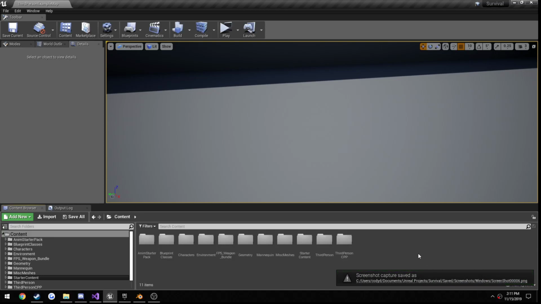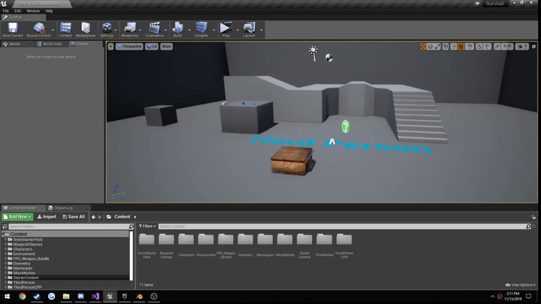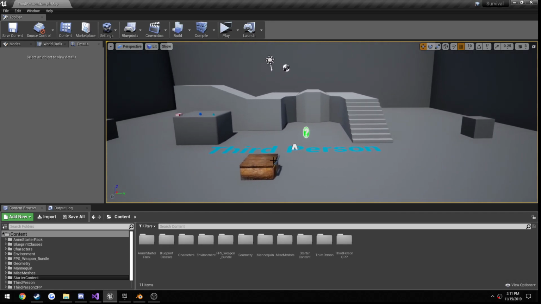Took a screenshot. Alright, this is going to be the first video that is going to set us up for working with weapons. So we're going to start by making our weapon-based class, and just for the sake of the video, we're going to simply attach it to the hand socket of our current character and spawn it into the world. So that way we can see it,